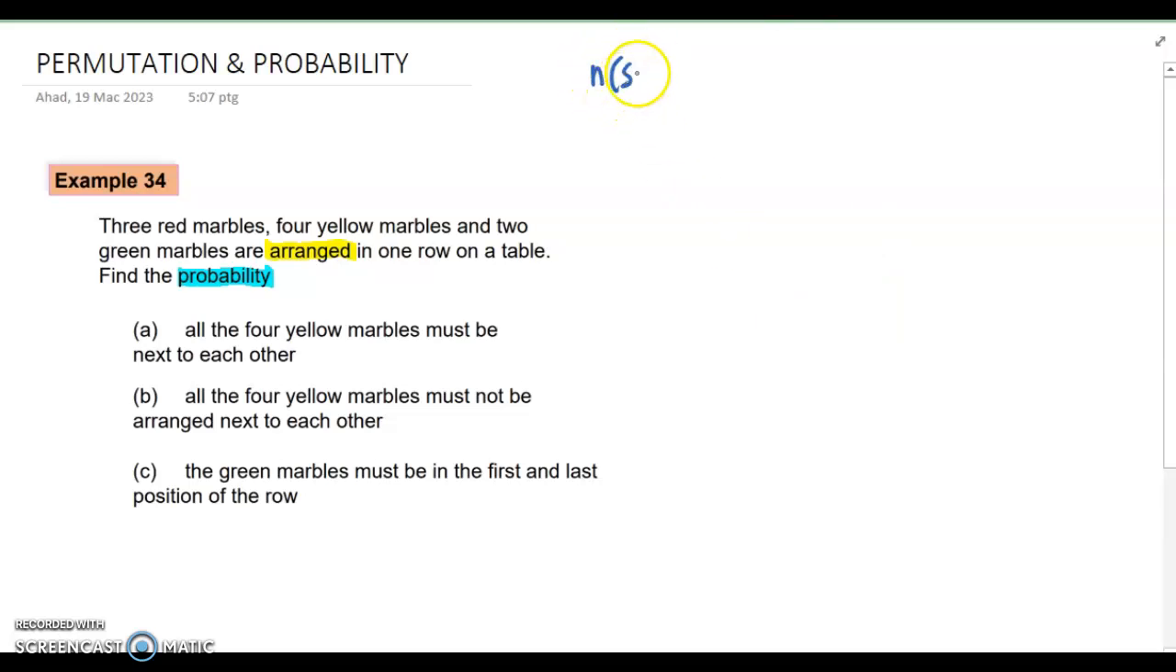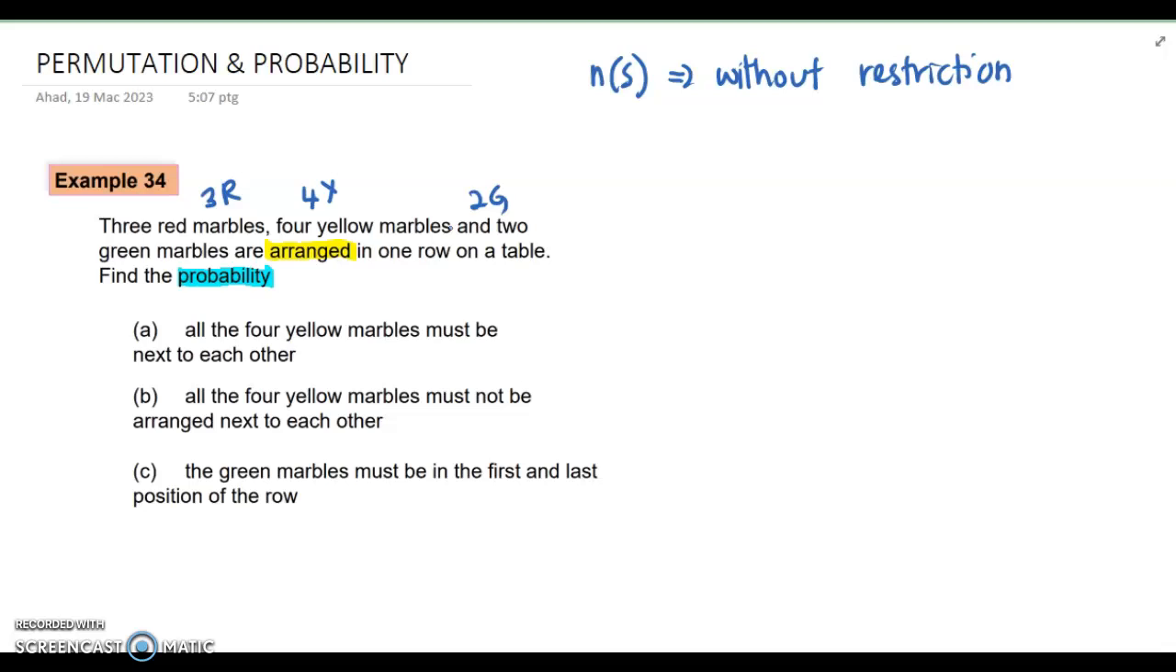the number of samples. The number of samples for permutation is without restriction. So we are going to arrange all the marbles without restriction. We have 3 red, 4 yellow, and 2 green. In total, we have 9 marbles. So we are going to arrange all the marbles without restriction. So our NS is equal to